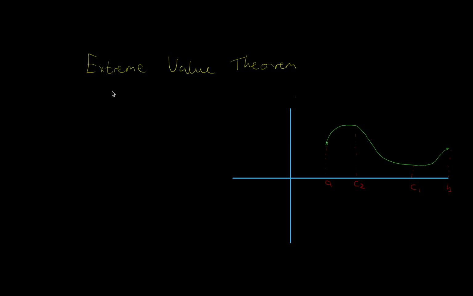Let's look at the extreme value theorem. If we've got a function that's differentiable over the interval a and b, and we've got two other values, c1 and c2, which are also elements of a and b, and we've got a value where the function f(c1) is a maximum at that point,